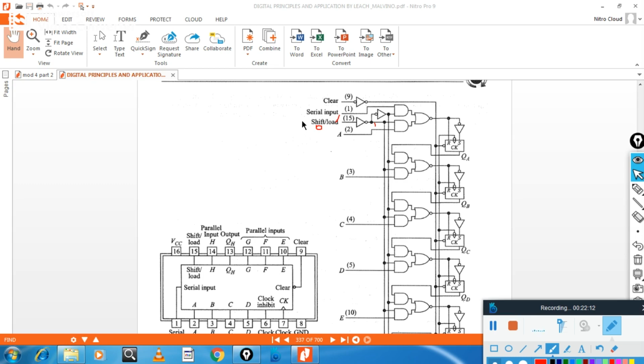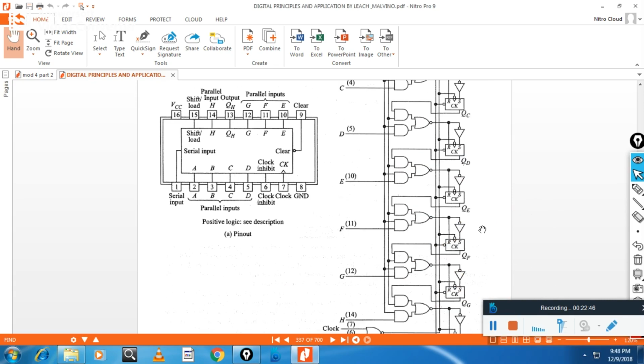When this is 1, shift will work. Initially, data is loaded, then it is shifted like this. Data is shifted like this. And in this case, A, B, C, D, you will get data here. This is the output. Here you have to write output, because you are drawing a 4-bit PISO.